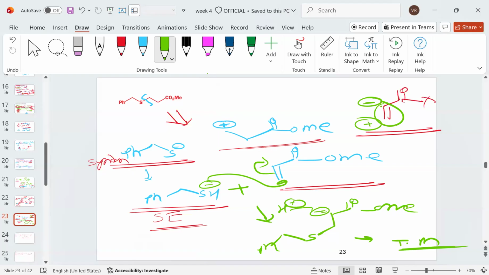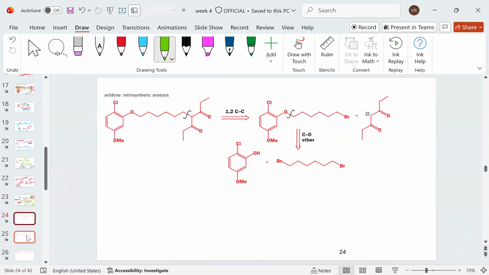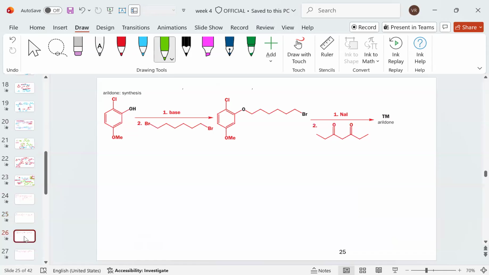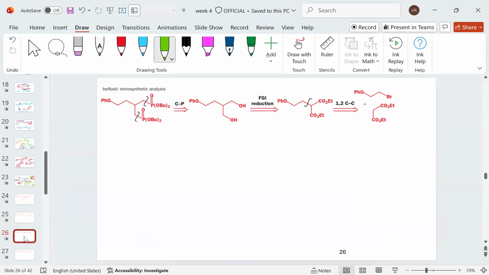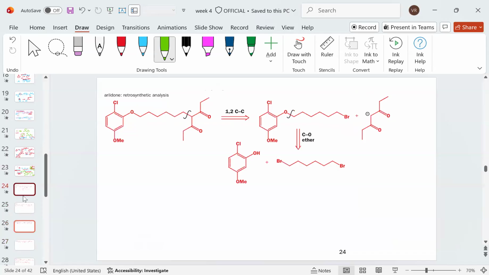Now one can attack with any nucleophile, any negative species, on this position, and we can increase the chain length. So I think I should have some similar examples. Not many examples, but